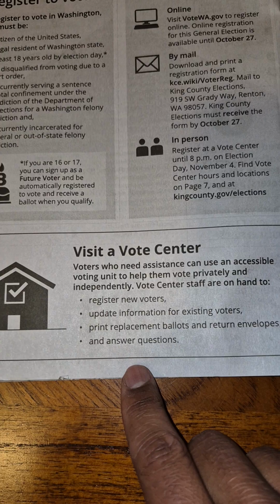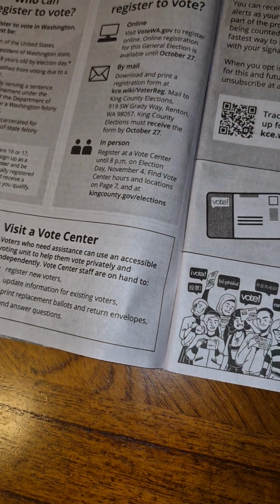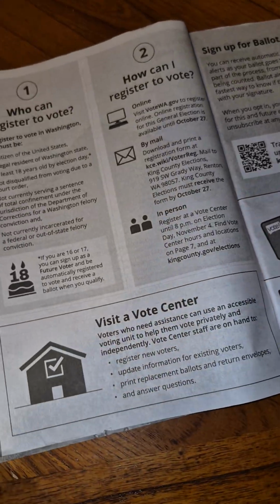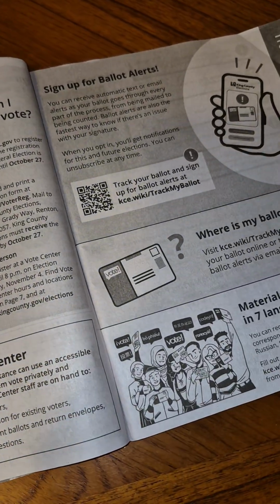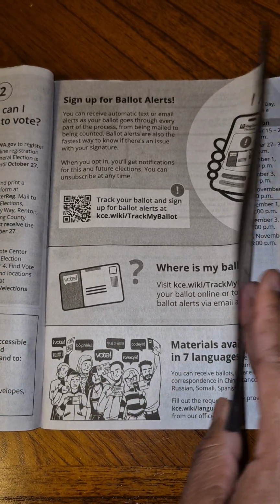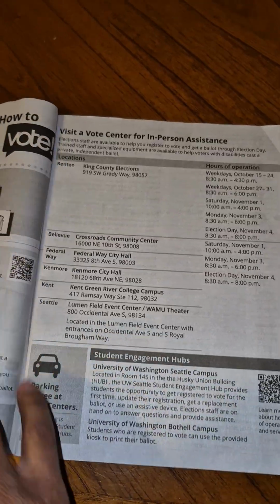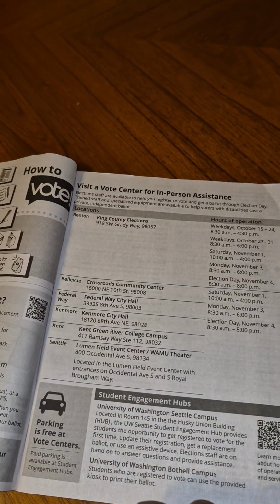Visit a vote center. Absolutely go. If you haven't registered by now, go to your local voting center. Find a way to get there. Register. This is important. You want to vote either this election. Actually, you should be voting this one, but also you want to vote and make sure you're eligible and registered